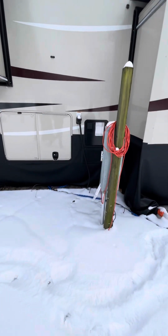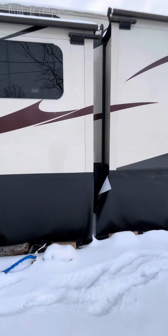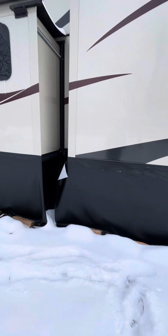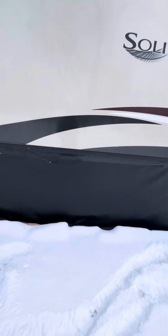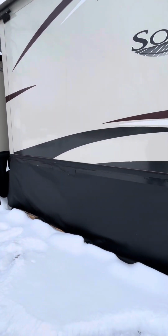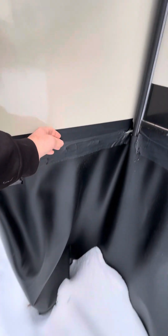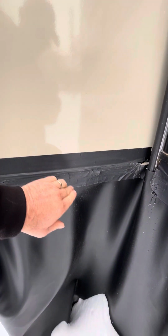So yeah, but the skirting doesn't look bad. We get this tape situated, which we think we've got now. This here is some black Flex Seal I just put on here because this was coming down, and I didn't even mess with the other tape. I just bought some Flex Seal and put it back up with. But it is more expensive tape. I don't want to stick it directly to the camper because it's probably not going to come off, and that's why I said I'll still buy this black foil tape that you see right here,